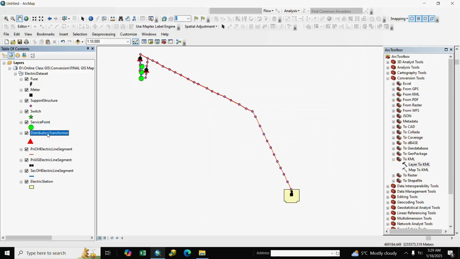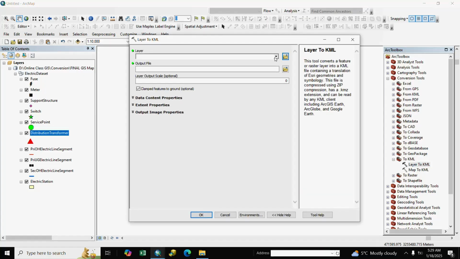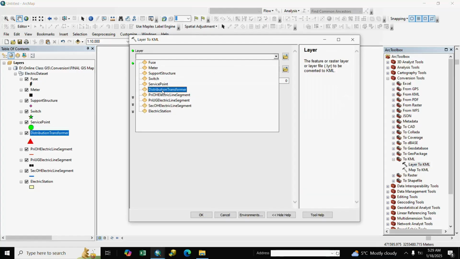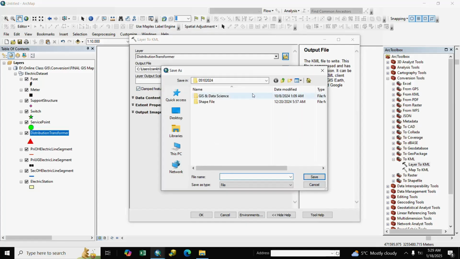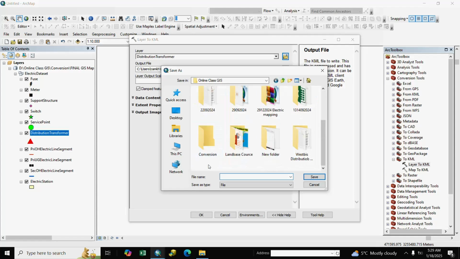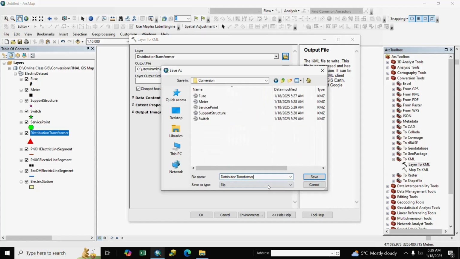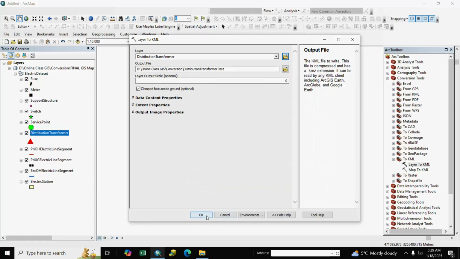Next distribution transformer, we go to layer, select distribution transformer, we give path, save.